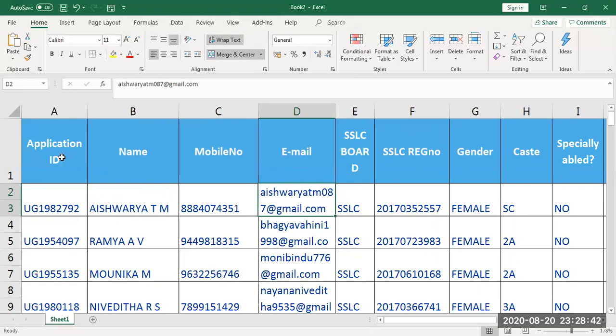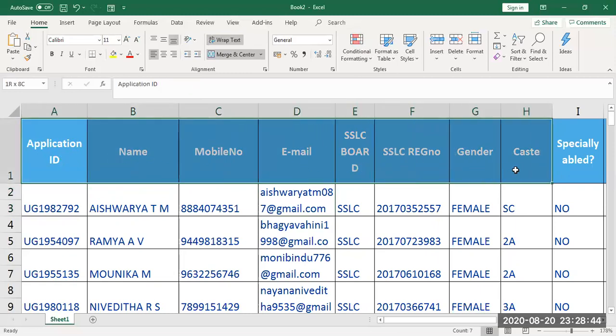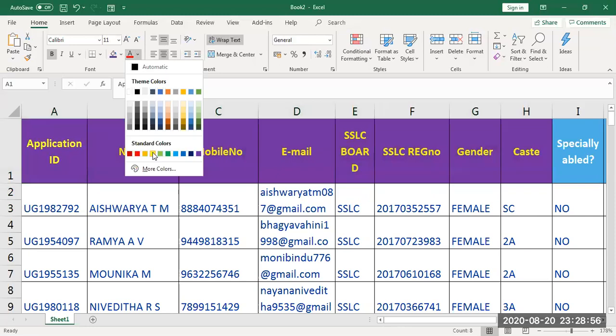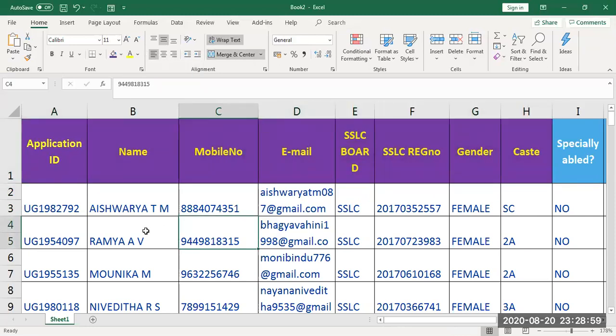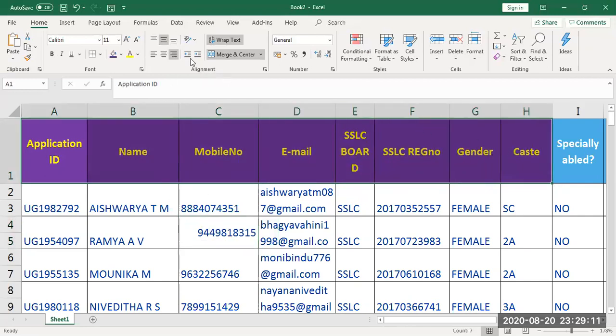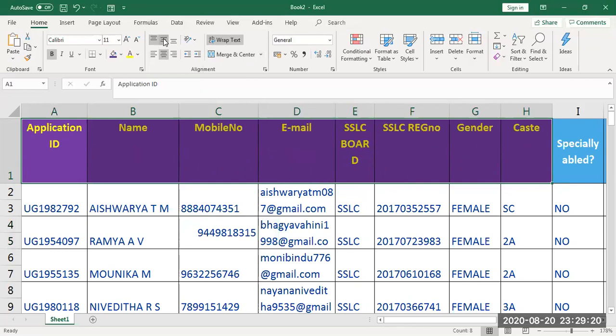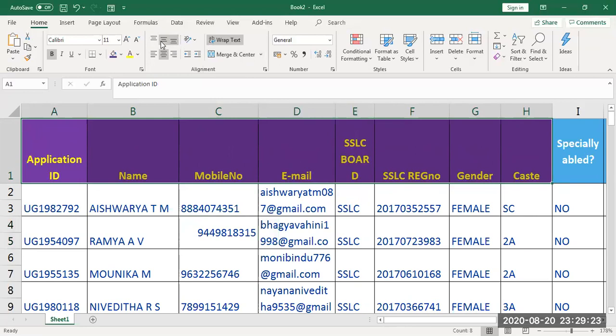And like a word only, any color you want, selected background color or foreground color, select the particular cell based on the color option you wanted. See, I want this time this color, and I want my text color to be in this, like this. You can specify the color option, and you have various alignment is there, left, center, right. See, for this I'm selecting even this is left side, this is right side, this is center. Apart from that, even you can move within the cell position also. This is top, this is middle, or you want it in a bottom, you can bring it up.